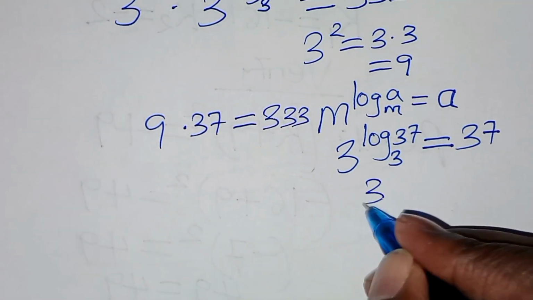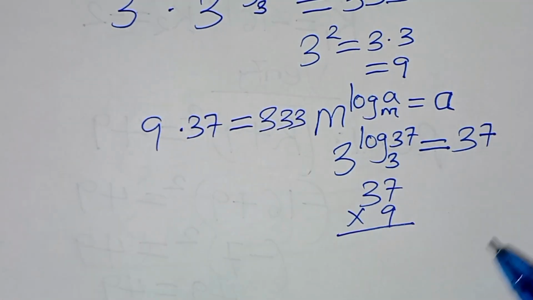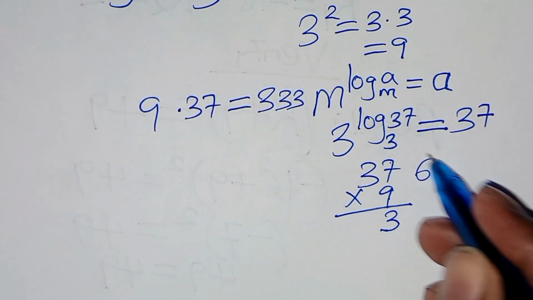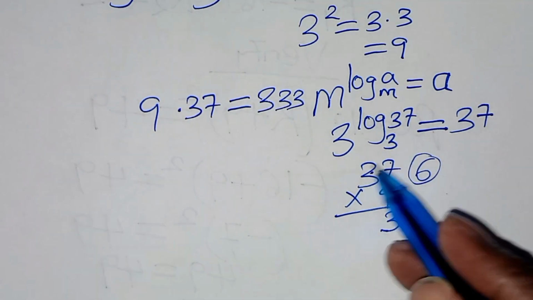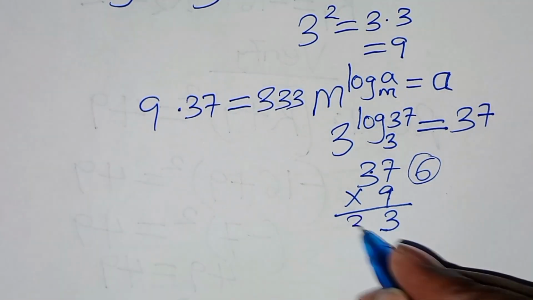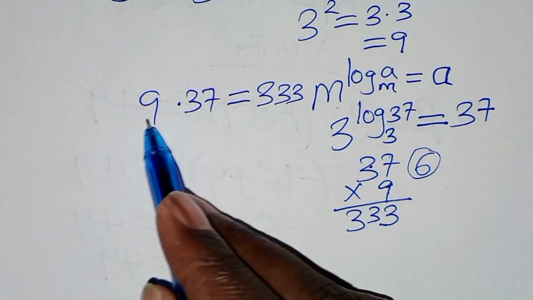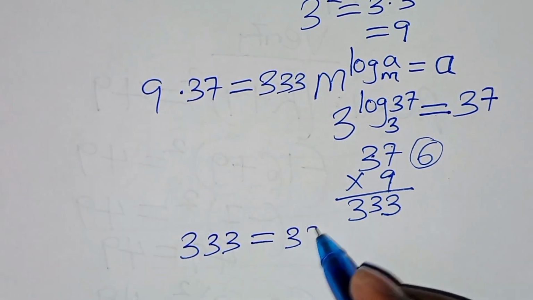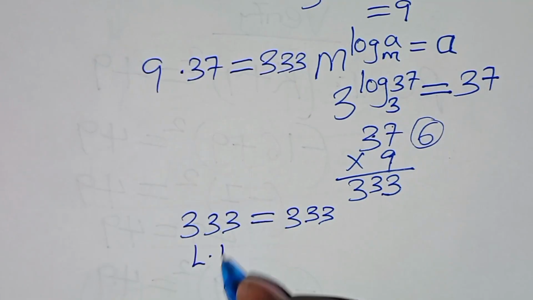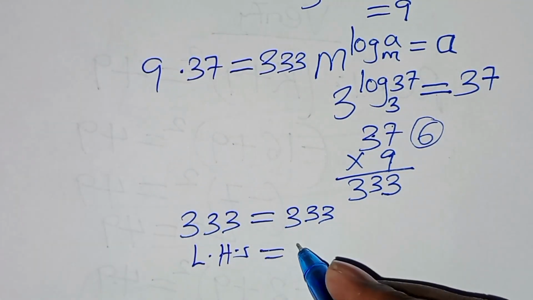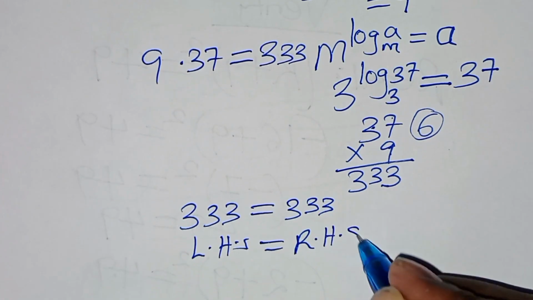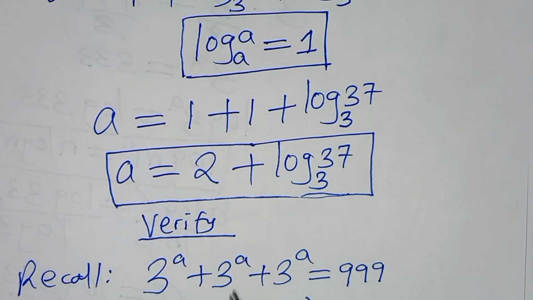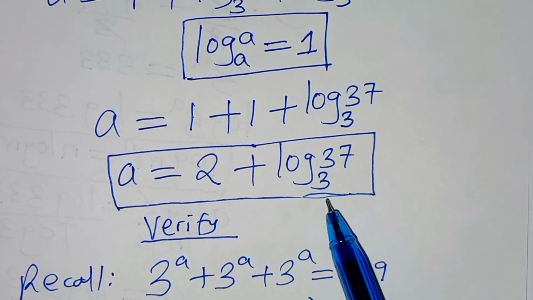So we have 37 multiplied by 9. So here we have 9 times 7. This is 63. So 3 carries 6. Then 9 times 3, this is 27 plus 6, which is 33. And it's true that 9 times 37 is equal to 333, which is equal to 333. So the left hand side is equal to the right hand side. And therefore, this implies that the value of a, which is equal to 2 plus log 37 to base 3,